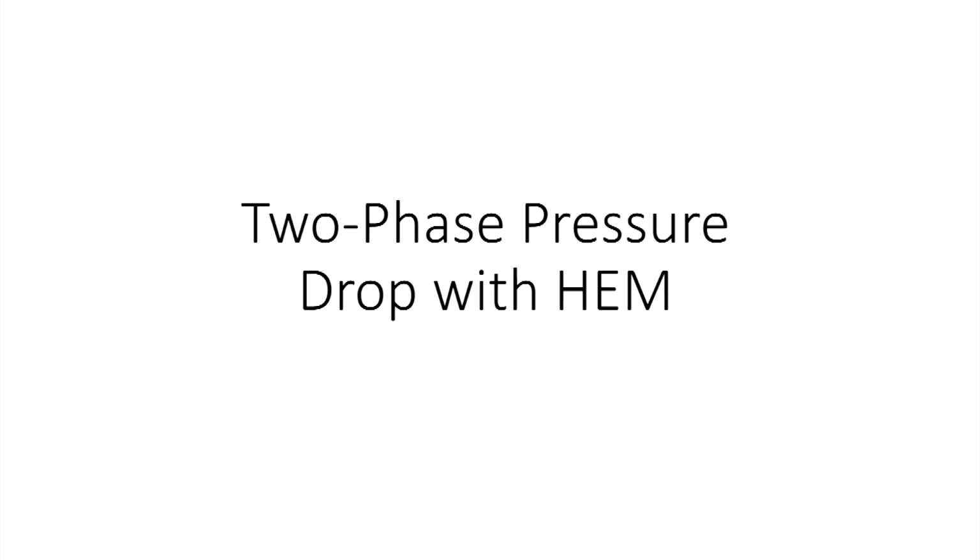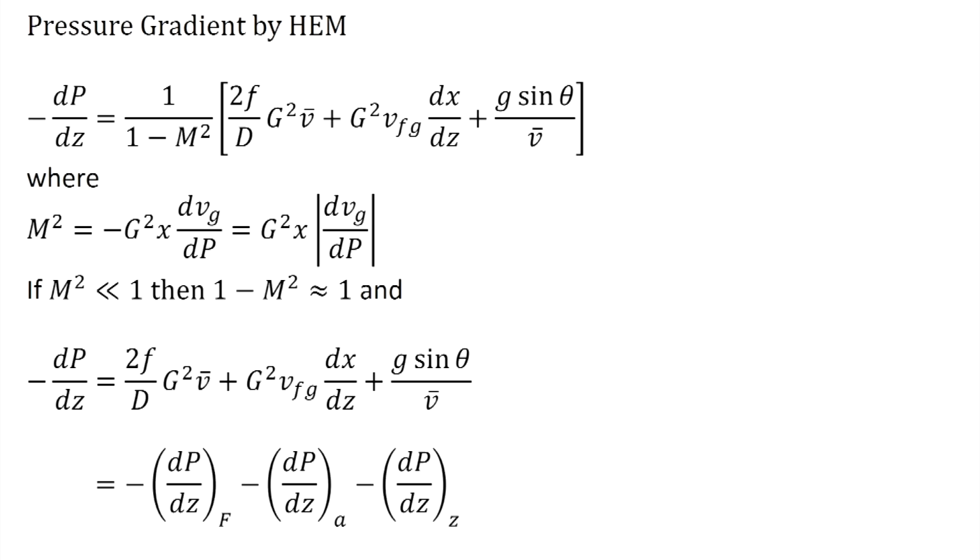So, first let us consider the homogeneous model and find the pressure drop using the homogeneous model. The pressure gradient by the homogeneous model is given by this expression: 1 upon 1 minus M squared, times [2 f upon d, G squared v bar, plus G squared v_fg dx by dz, plus g sin theta upon v bar],